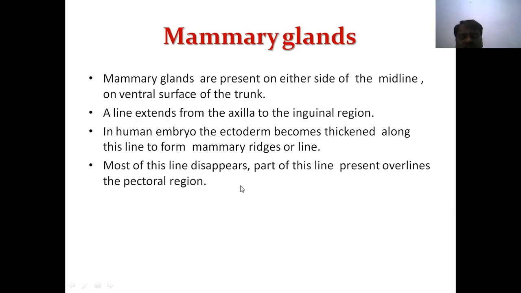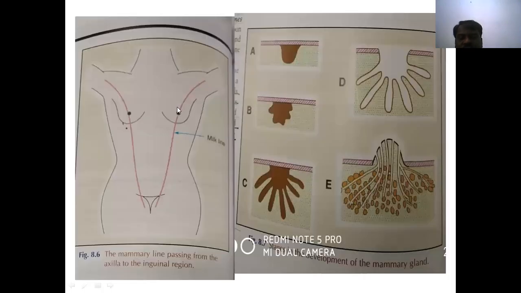In females, okay, and males also sometimes have it, which is called gynecomastia. Just see this: this is the actual line, but in the human embryo it all disappears from here up to here. But anomalies are there. Sometimes we identify them in the neck region, abdomen region, inguinal region and thigh region also. Normally we identify only the pectoral region. So this ectodermal layer, the cells proliferate and modify.